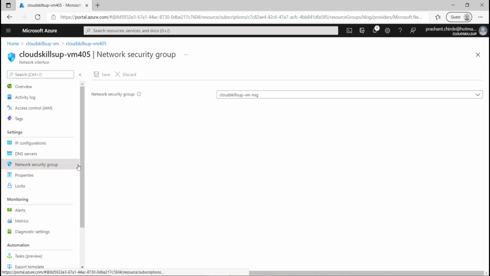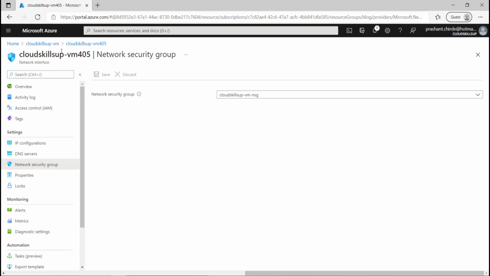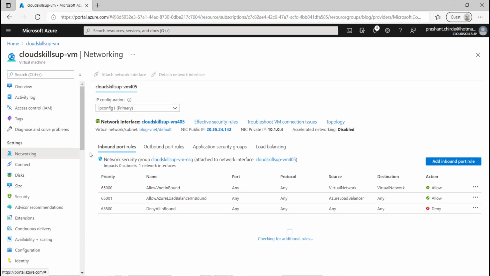If you click on the network security group, this is the network security group attached to this particular network. Okay, so let's move into our VM. And if you see here on the networking tab also, you will get all these details. Here you can find your NIC, and the next option is your network security group, and you will find the inbound and outbound rules configured for your VM. So inbound, like we are trying to connect to this VM, that means we should have the inbound connection where we are going to connect, right?